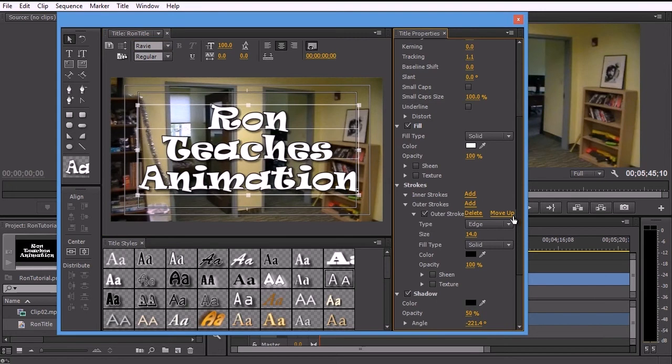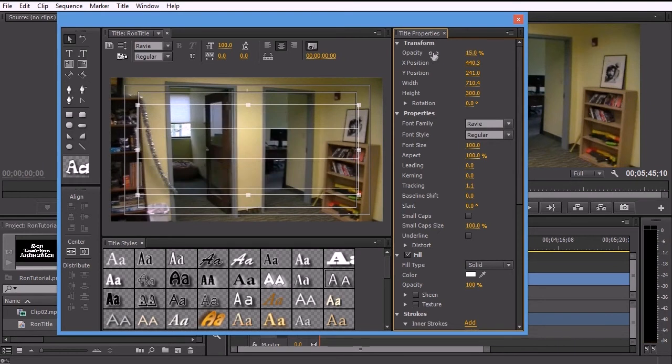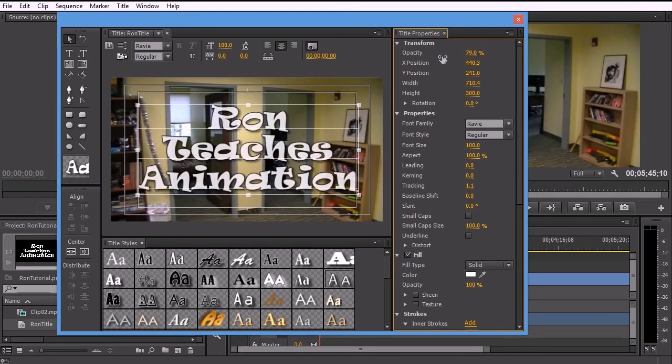Now that is actually right here. You'll notice here on this side of the menu under title properties. This has all the different properties that you can use in order to affect what you've typed. Opacity, for example, if I scroll this up or down, you can adjust how much you see that. Now, if we wanted to animate that later, we can do so. But just as an example, this affects overall opacity,